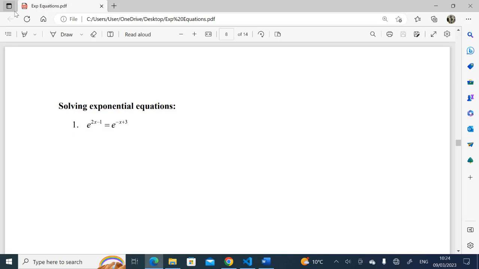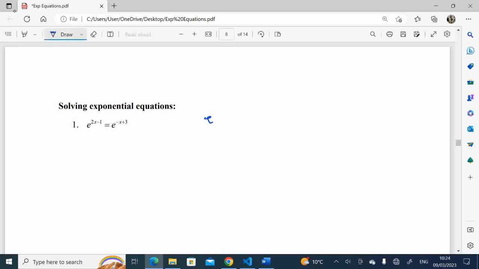In this video we are going to solve some exponential equations. In the first equation we have e to the 2x minus 1 equal e to the minus x plus 3. In order to solve this exponential equation, we should recall a property for exponential functions that says whenever we have